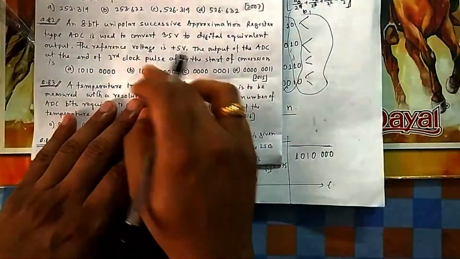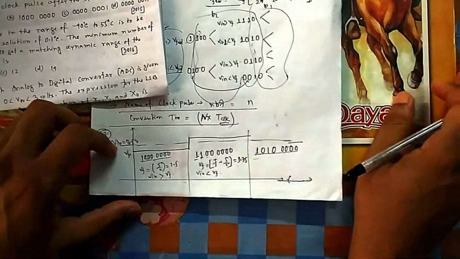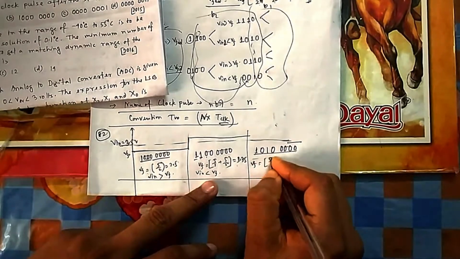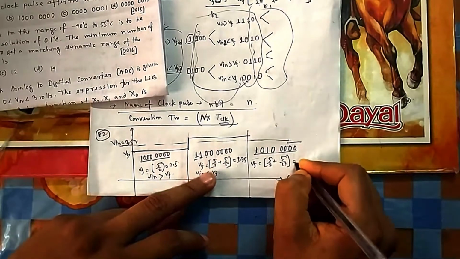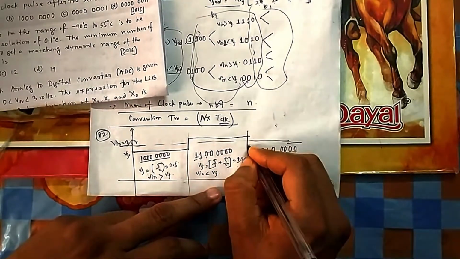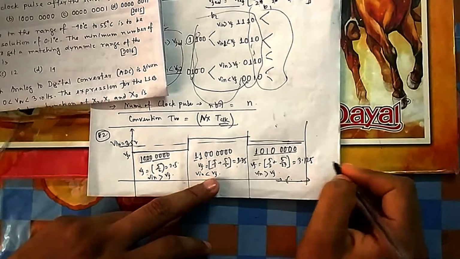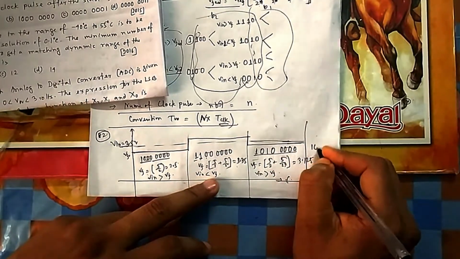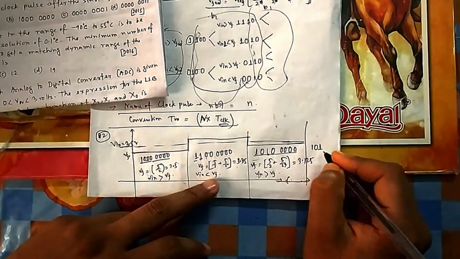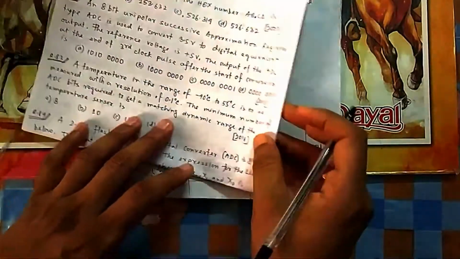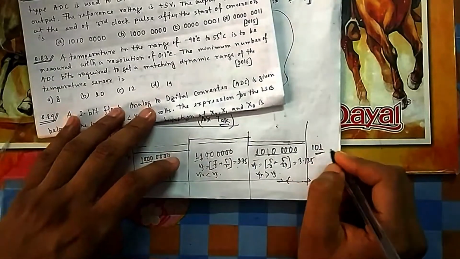They are asking at the end of the third clock pulse. Now V feedback will be 5 by 2 plus 0, since the 2 square term is gone, plus 5 by 2 cube. If you do this, it is 3.125, which is less than your 3.5. So V in is greater than V feedback here. So after the third clock pulse, it will be kept as 1 0 1, because for the third bit V in is greater, so it will be kept at 1. For the next comparison, they are not asking; they are asking just the output of the ADC after 3 clock pulses. The fourth one we will not give till now.